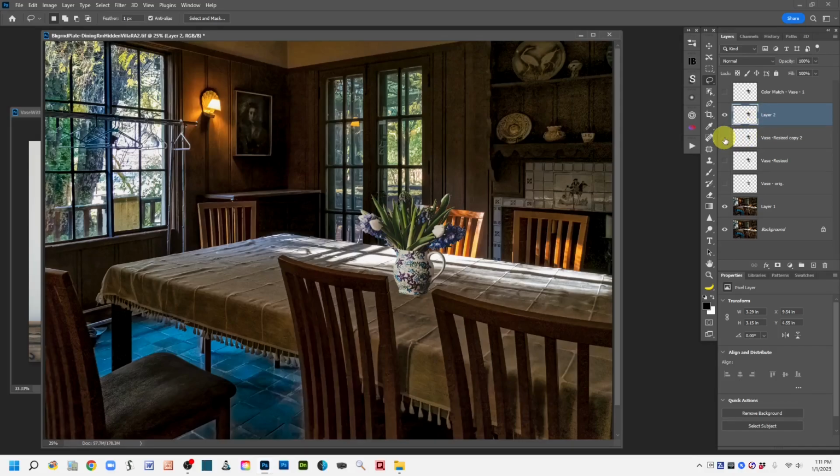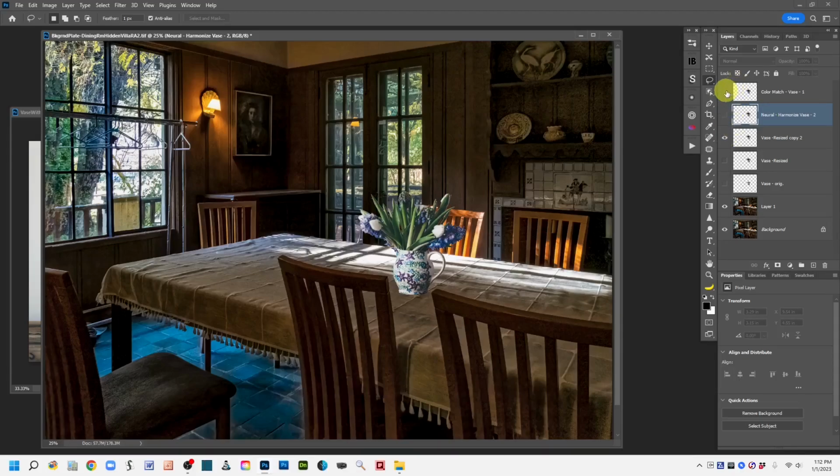So I'm going to turn this off because I've got the new layer here. And we're going to say that this was the neural harmonize vase. Okay, so this was the second approach we did. All right, so now let me turn this on so we can see the differences. All right, so here's what we started with, this very bright, cool blue thing. Here's what we get using the neural filter harmonize option. And here's what we got using color match